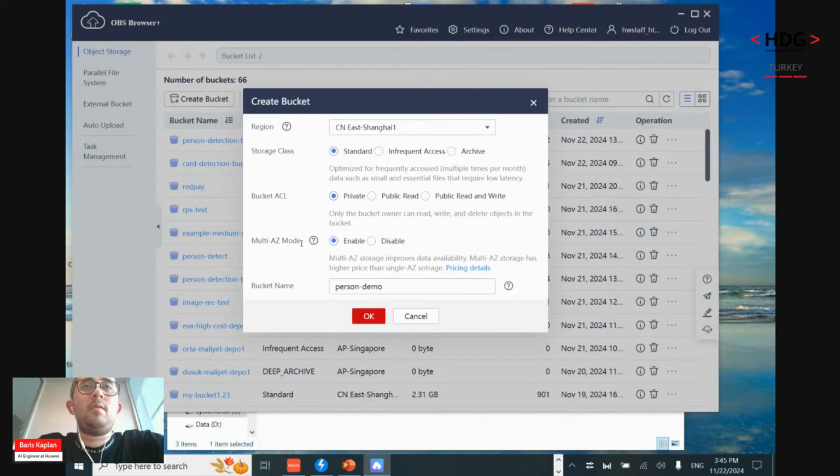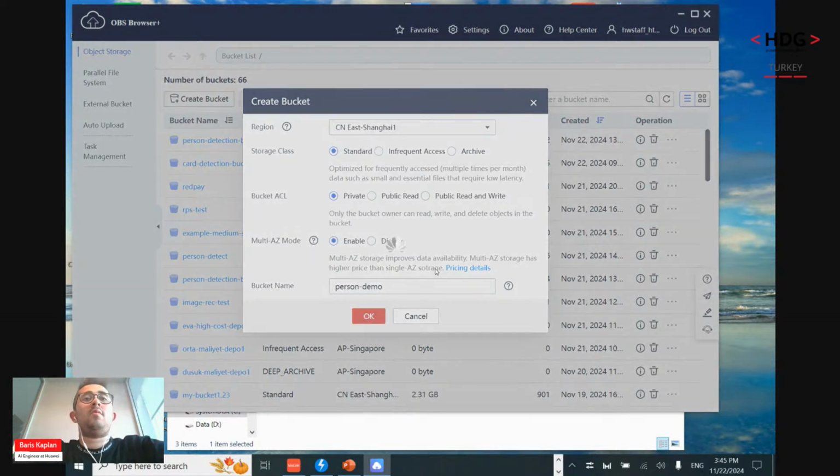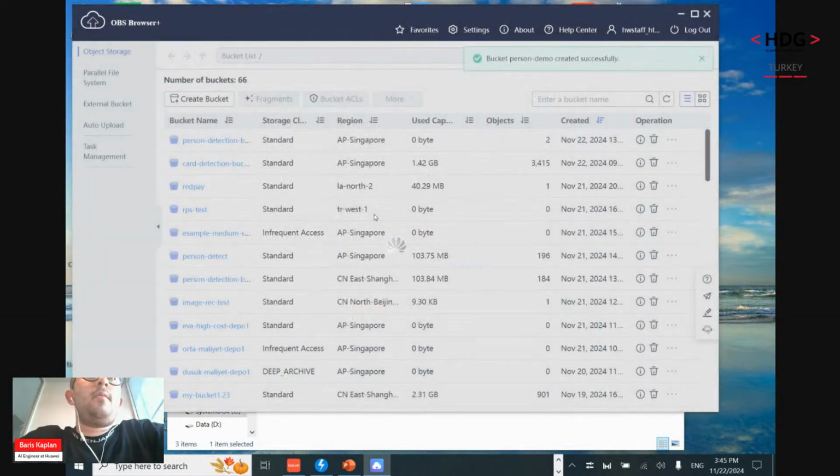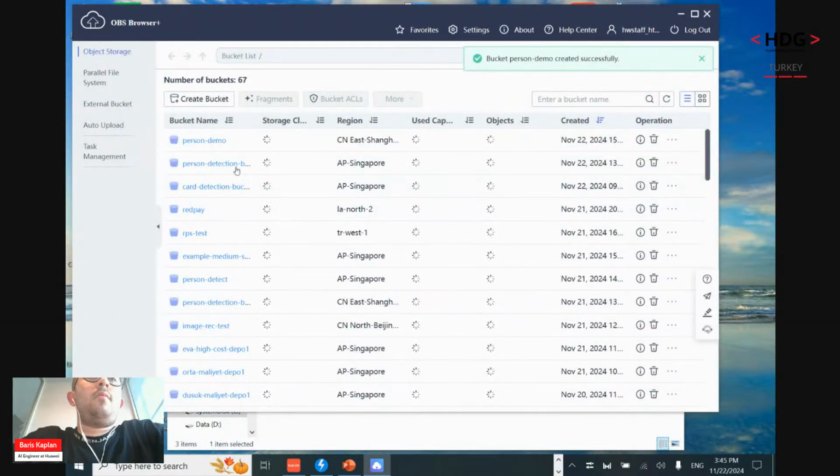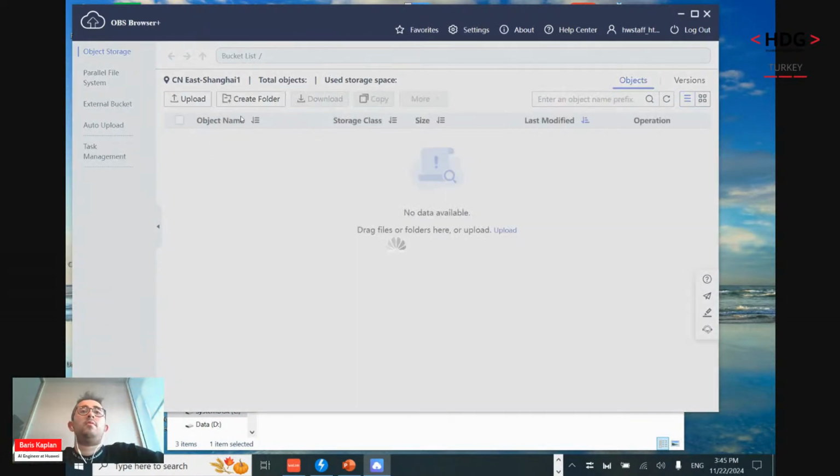Multi-availability zone is basically the availability of the bucket from multiple zones. Person demo, let's say. Okay, so under person demo,